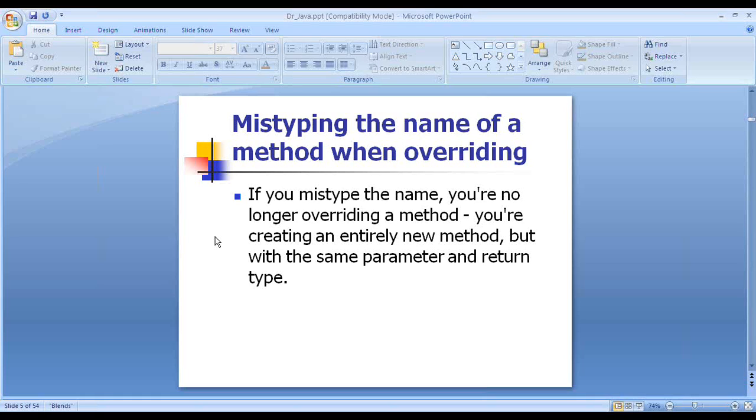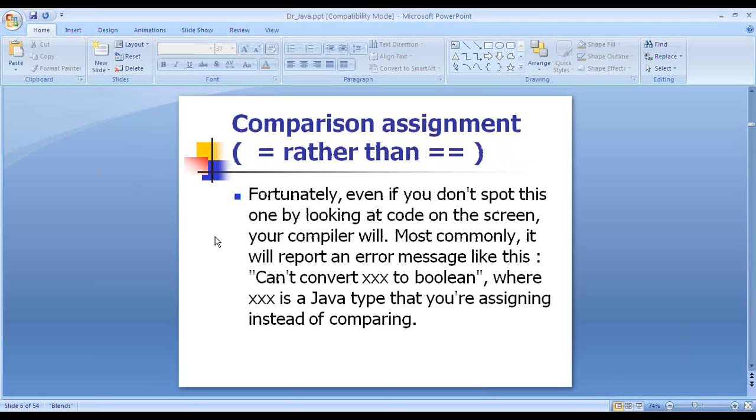Using temporary fields. We should try to avoid using temporary fields in a method. And if we need to access any temporary fields, we should try to initialize it and